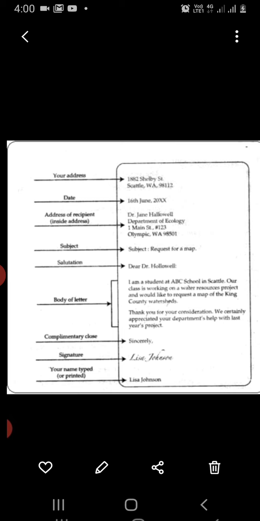After writing the body of the letter, you will write the complimentary clause. Before that you have to skip one line, then write the complimentary clause, which is also known as subscription. The most common forms in formal letters are yours truly and yours faithfully. Guys, this thing you have to remember: while writing yours, do not put an apostrophe. You have to write yours truly or yours faithfully.